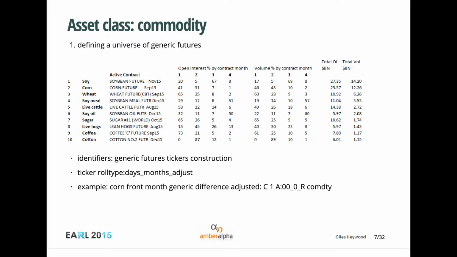So here, for example, I've broken down the ticker. You can have a roll type, which is basically the event which triggers the roll, and then a delay with respect to that, a lead or lag, and then the adjustment, which is either based on the price difference of the term structure, or on the ratio, or no adjustment if you want to do that for some reason. This is really great because they've made it really easy for you to avoid all of that kind of back-end data homogenization.